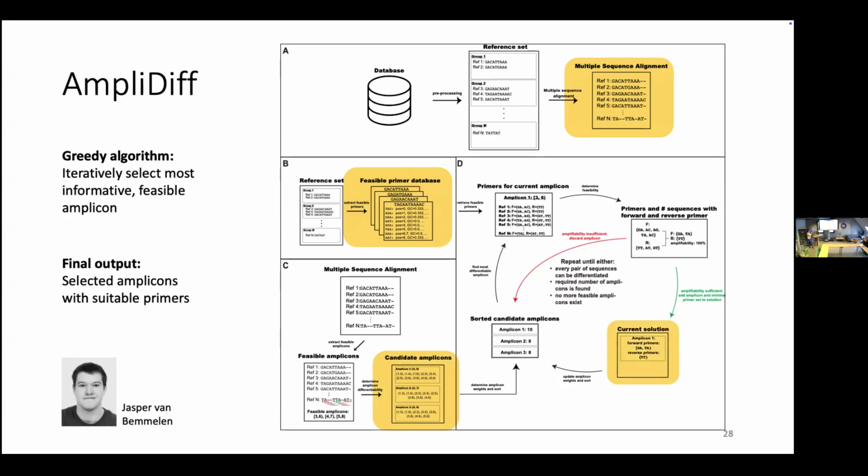So for the set of amplicons, we rank them by their differentiability, so between how many pairs of sequences can they distinguish. And they should be new pairs of sequences, so taking into account excluding the sequences that we've already been able to distinguish between. Then we take the best one, check if we can find primers for it. If yes, we add it. If not, we throw it out and we try again. And this we iterate until we're happy with the number of amplicons we found, or we are satisfied with the differentiability that we have reached.